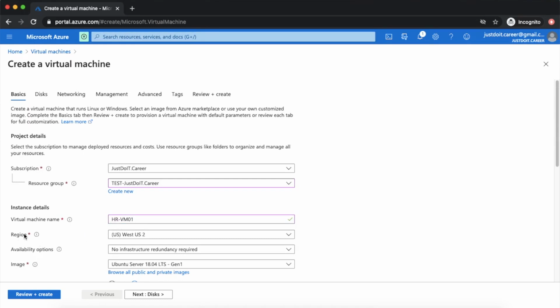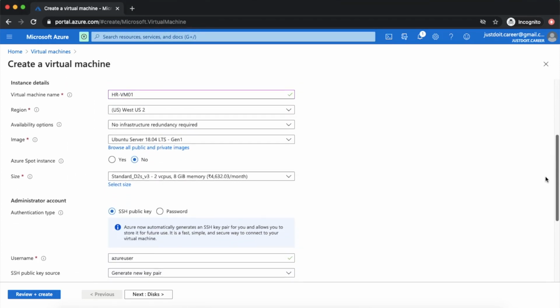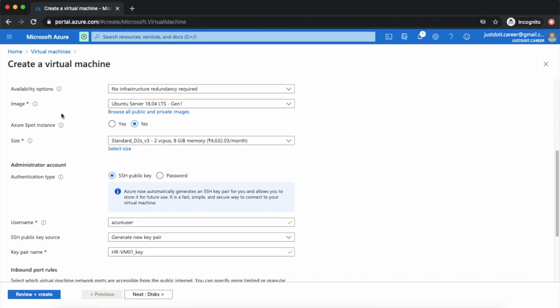Okay. Now a region I have to select. It will by default take the region of the resource group. I don't mind keeping the same, or else I can even change it from here. Now I'll go down, and then there comes the availability option. If you want an availability option, you can select it from here. One is availability set and one is availability zone. This topic I will touch base on in the next session, but let us understand you can select it from here.